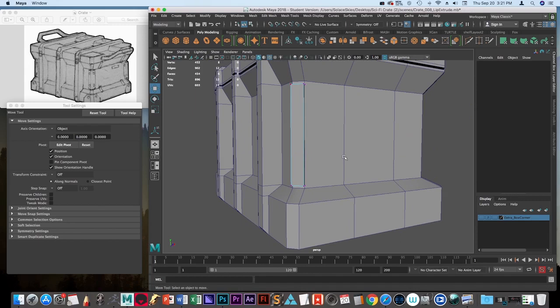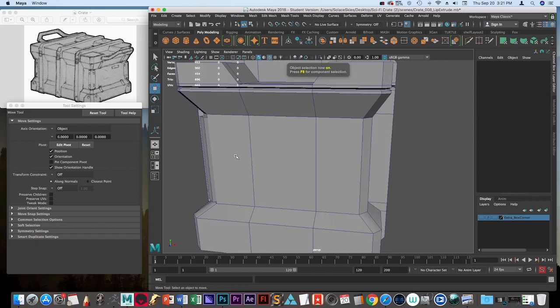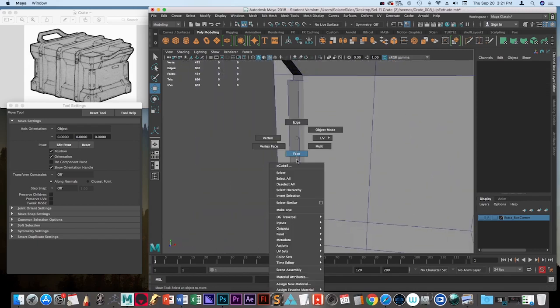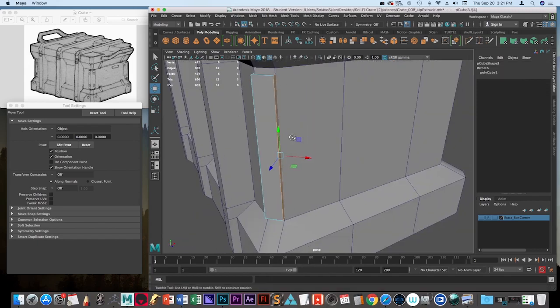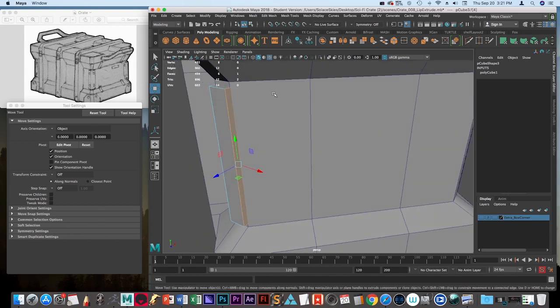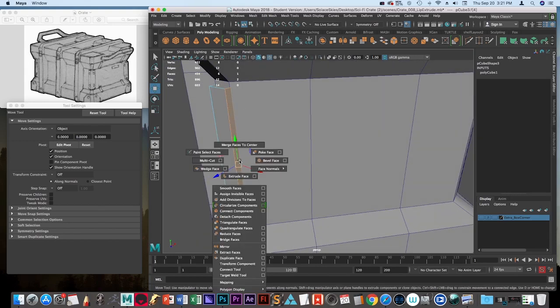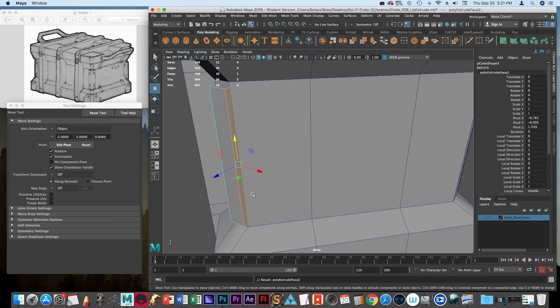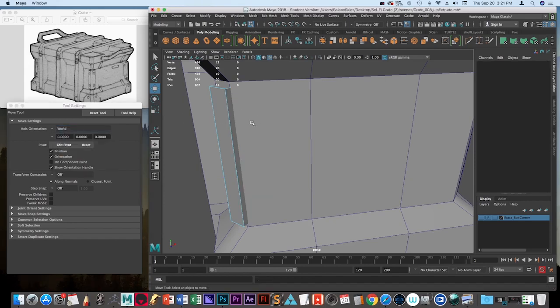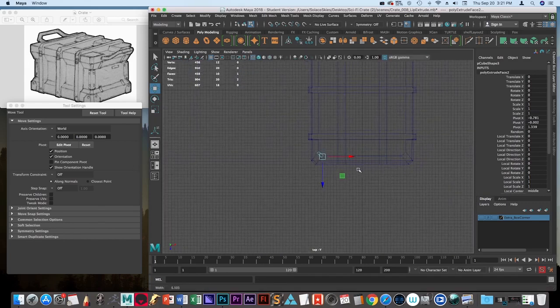It's looking good. Now I want to shape it so that these other two sides wrap around the crate. So what I'm going to do is go back into object mode, and I'm going to grab the faces here. Well, actually one face at a time will probably be just fine. And I'm going to go ahead and extrude. And I'm not going to extrude using my object's orientation. I'm going to use the move tool, so W, but I'm going to reset this back to world. And the reason I'm doing that is so that when I pull this